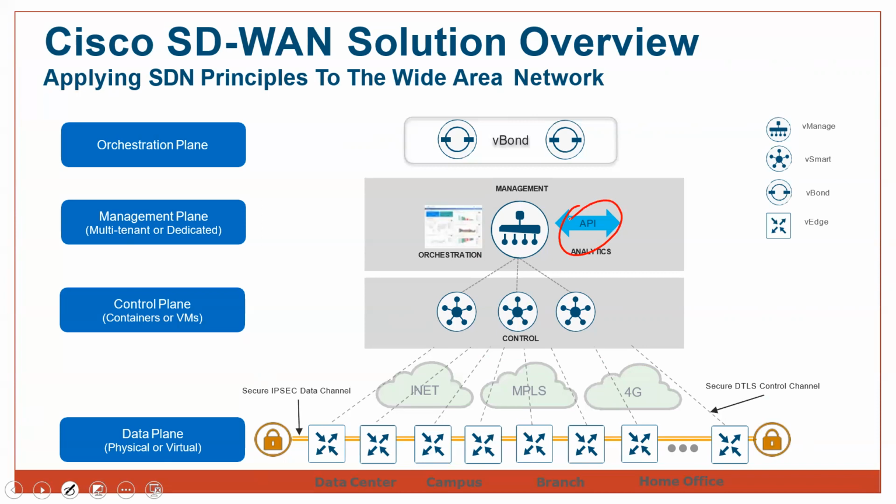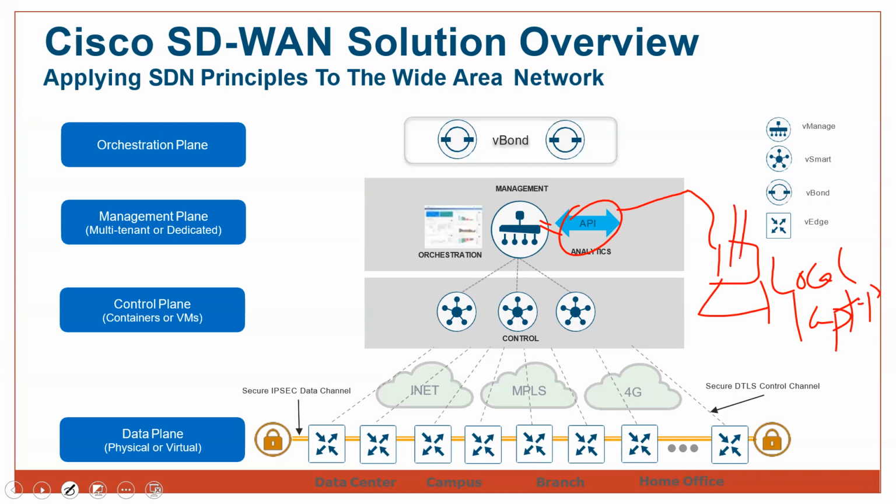Now I can access my vManage from my local laptop. For example, I'm giving one example related to my local PC. From my local laptop I can access vManage, which means I can access the APIs as well. So in my local laptop, I can install Python or Ansible, and then with those scripts and programs, I can configure the devices. I can configure the policies. I can do everything that I can do via the GUI and CLI. Okay, so once it is API aware,